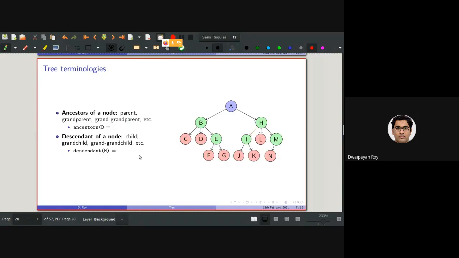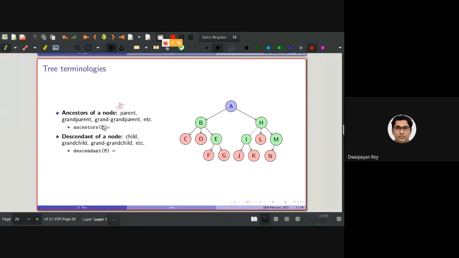Some further tree terminologies. Ancestors of a node. Ancestors are basically the parent, grandparent, great-grandparent, something like that. From this diagram, let's answer what will be the number of ancestors. Basically, it is the count of this.